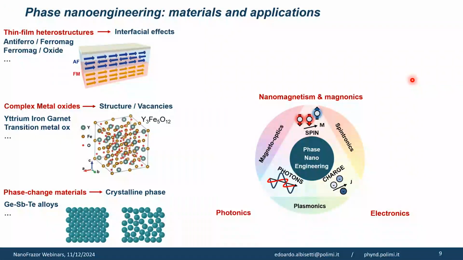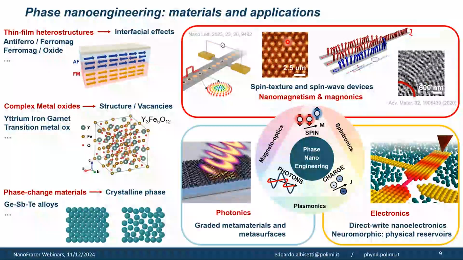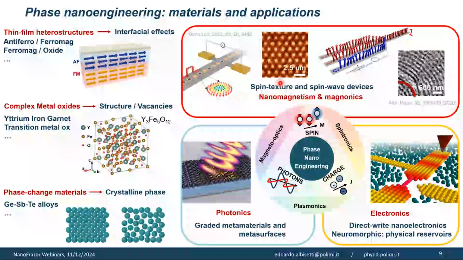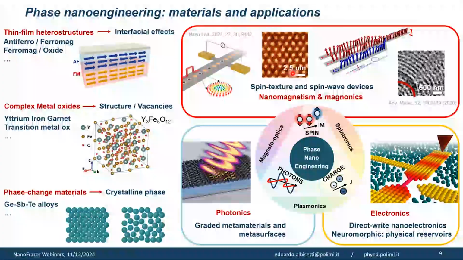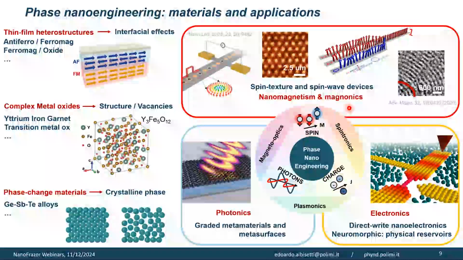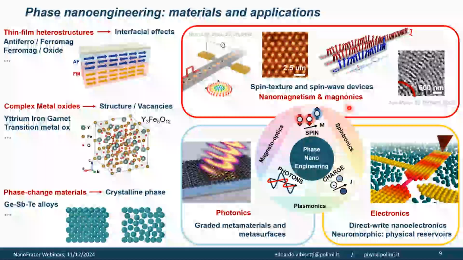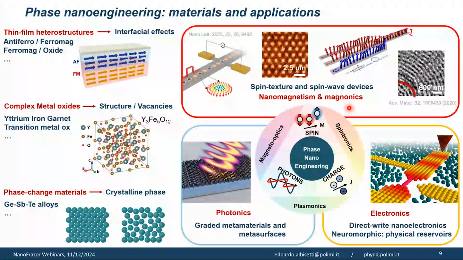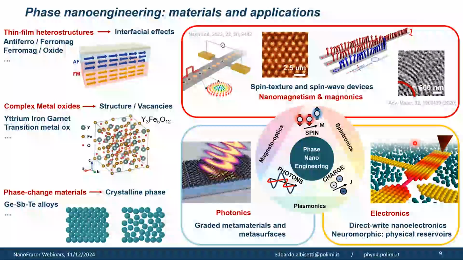But let's stick with these three that are the ones we are most interested in recently, starting from nanomagnetism. As I was saying, controlling the direction of the magnetization, also known as the spin texture of the materials, allows us to design devices for memory and computing, for example. Once you have designed your spin texture, so your magnetization direction, you can also control the dynamics. So how this magnetization moves in the roughly gigahertz range when it's excited by external perturbations. And these are spin waves that propagate within the material and can be used, as I will show you later,